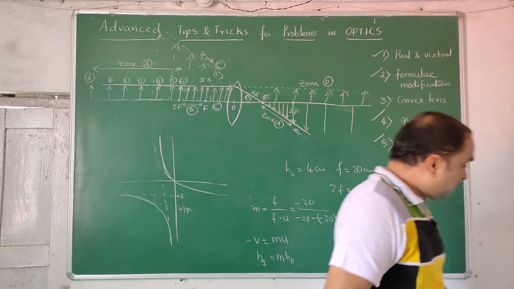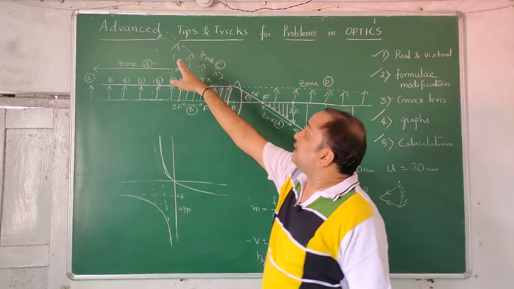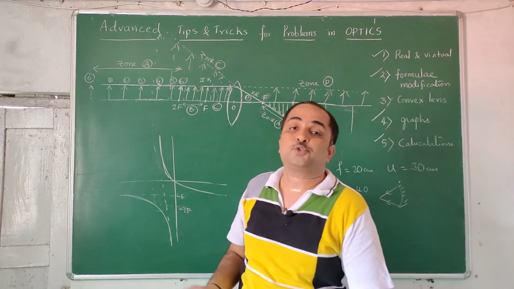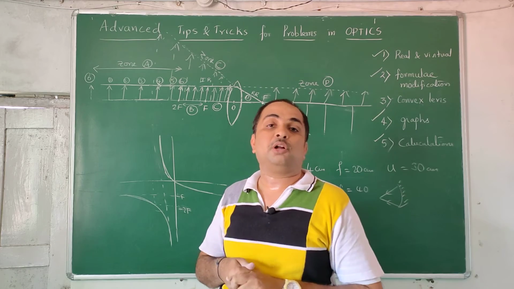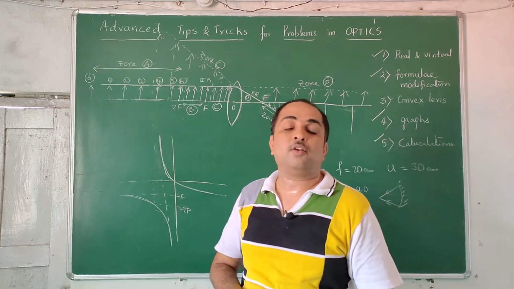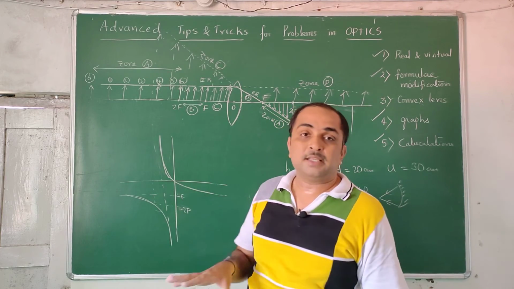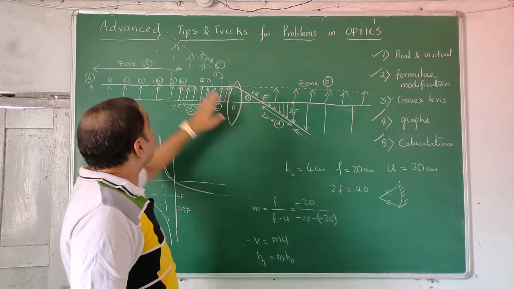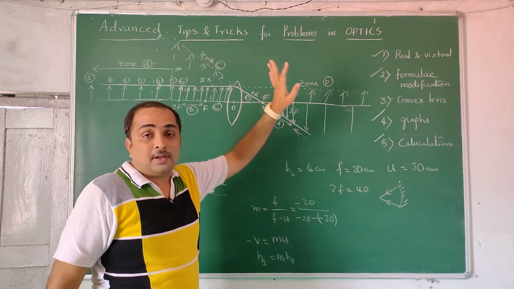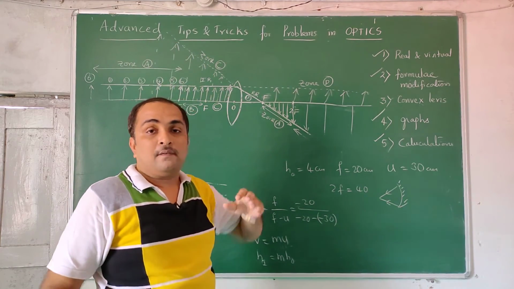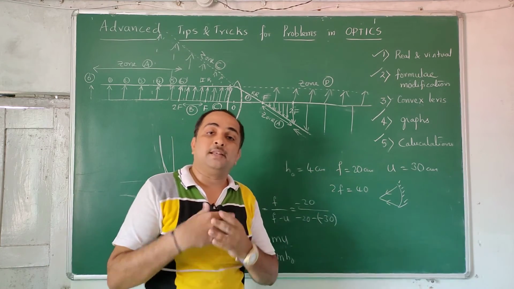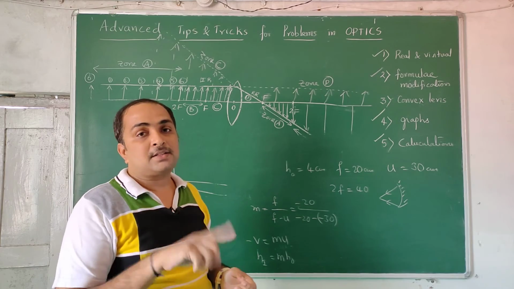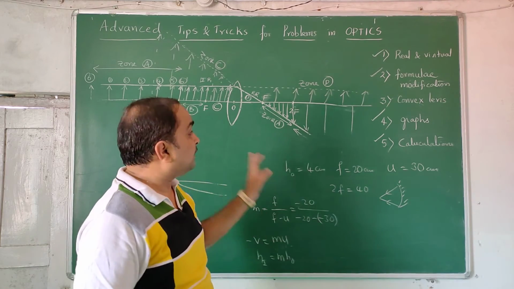Once we are talking at an advanced level, obviously we expect the student has already gone through all the topics. If you have not gone through all the topics, if you have not solved elementary level problems, better not to touch this, because these are advanced problems, tips and tricks in optics, where we can have a real object or virtual object, real image or virtual image. They can give anything. In that, if infinities or zeros are involved, directly see and tell the answer with the graph.